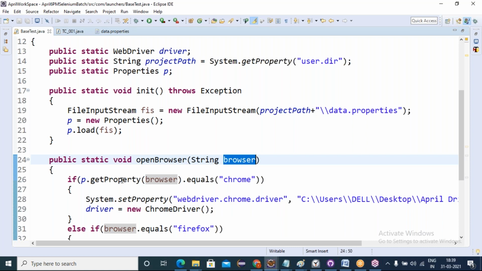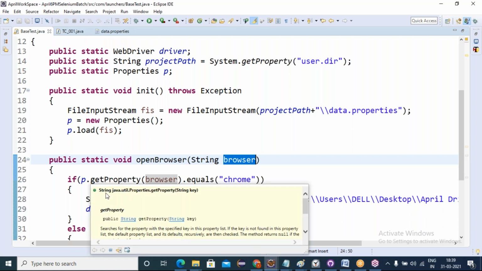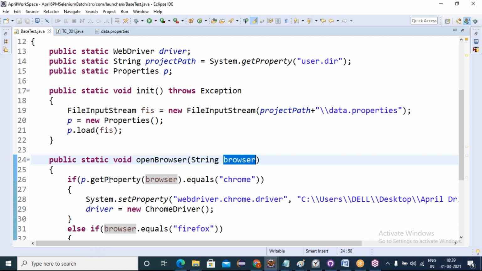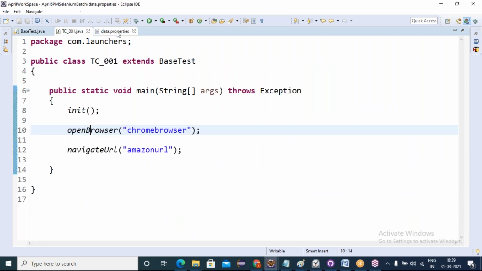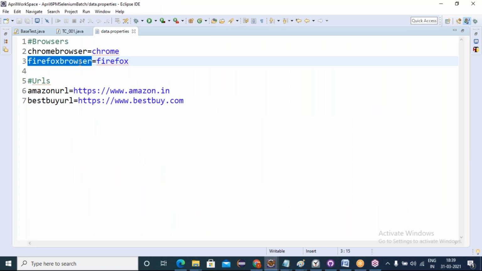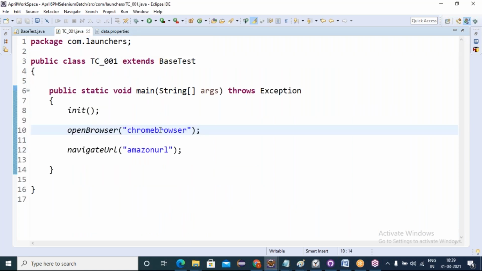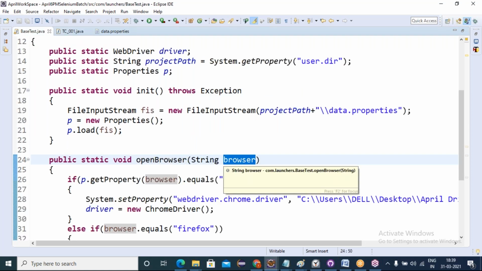It returns a value of type String, that is Chrome. Chrome is equal to Chrome, then it initiates the Chrome browser. If the key given here is the Firefox browser key, I'm passing it as an argument to this open browser method. When it goes here, the Firefox browser key has been received.